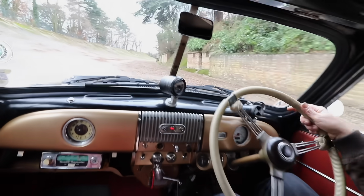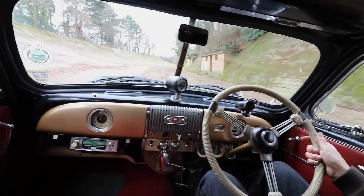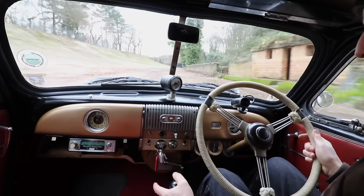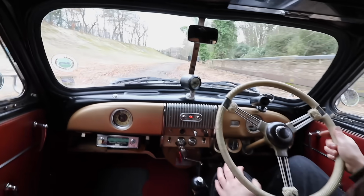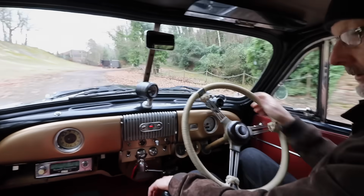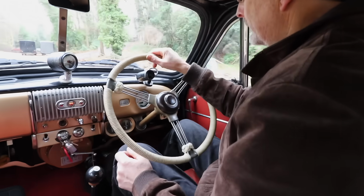Okay, but to drive, apart from having a fairly heavy clutch and obviously no power steering or ABS, it's pretty much a seat of the pants sort of drive, but the engine's ever so flexible, makes you a really lazy driver. As you can see now, I'm in third gear, fairly